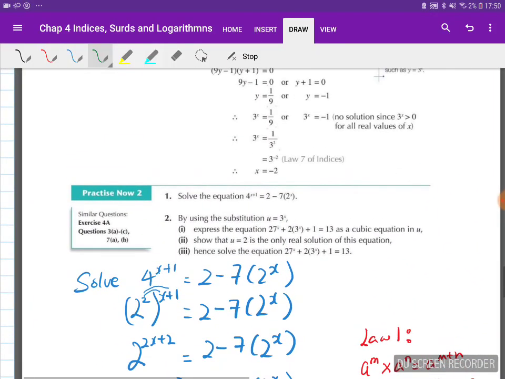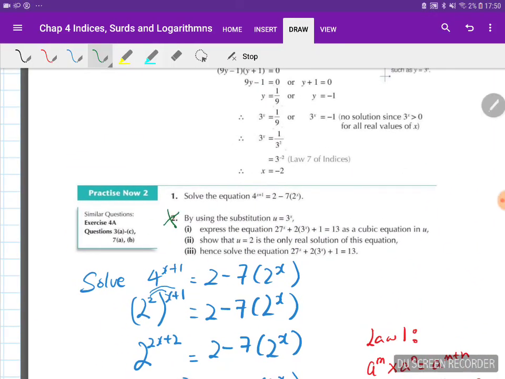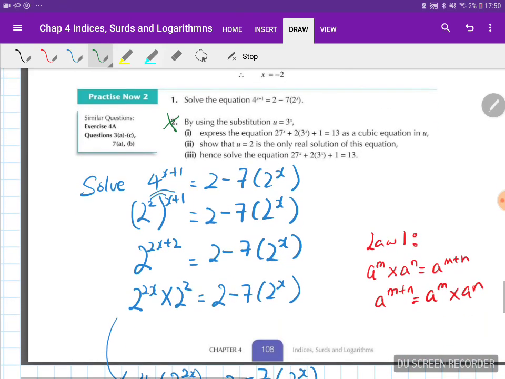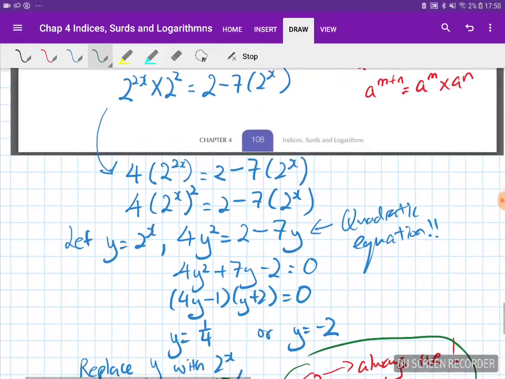Alright, I won't be going through question 2 because you're not ready to do question 2. So question 1 should be enough already. Alright, so I will try to